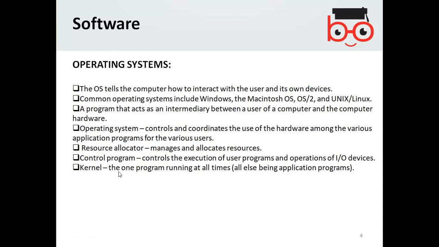Basically, the kernel is the program running all the time.